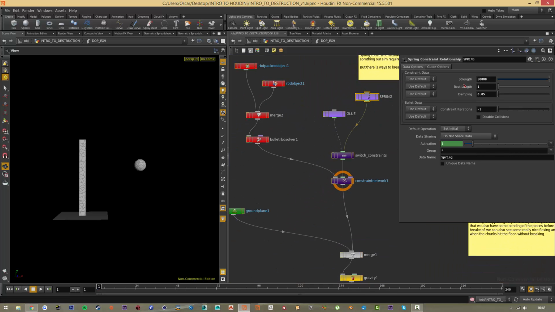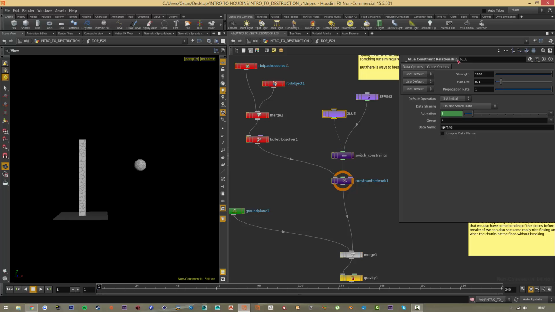In the spring constraint, we're going to put the strength up a little bit. We're going to put the damping way down to get a really slow dampening of the springs, which is going to make a really cool result. We're going to put data name to spring. That's all we need to do in spring. In the glue constraint relationship, we're going to put the strength to 1000. That's all up here, and the data name to spring,